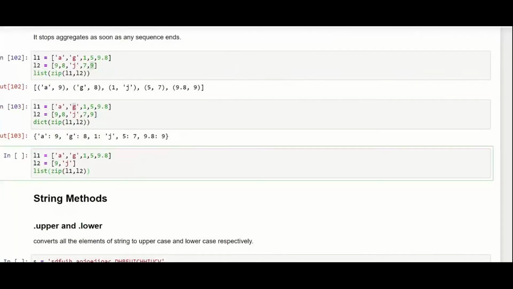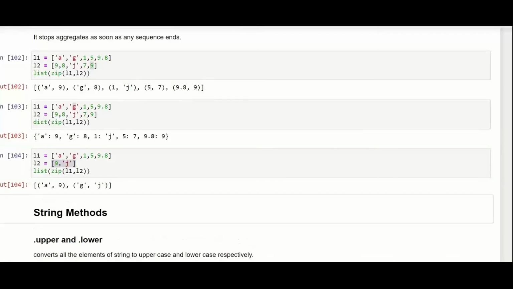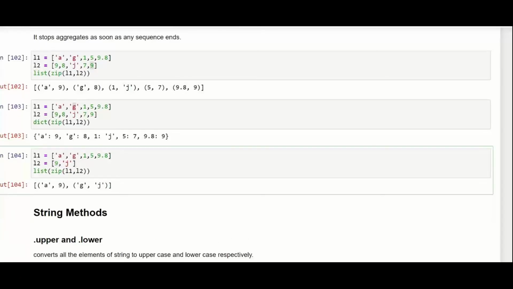Now I have two lists, list one and list two. Another question altogether: if one of the lists is bigger and the other is smaller, that is, the lengths are not the same, then what do you get as an output? It will give you an output only up to where the lengths are the same. As you can see, there is a pair of A with 9 and G with J. You will get that as an output only, and the rest of the values will be ignored. So this is the output we have got.